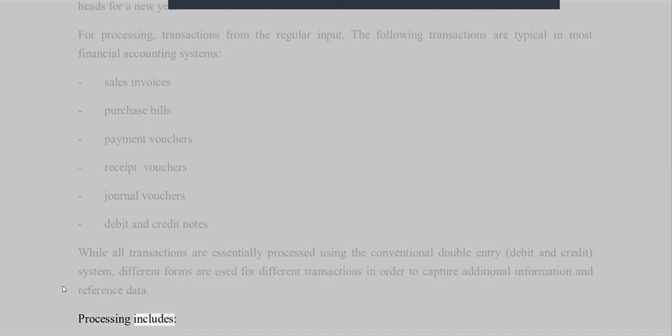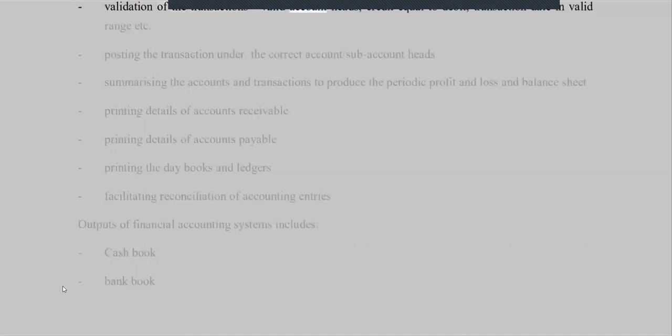Processing includes validation of the transactions: valid account heads, credit equal to debit, transaction date in valid range, etc. Posting the transaction under the correct account and sub-account heads. Summarizing the accounts and transactions to produce the periodic profit and loss statement and balance sheet. Printing details of accounts receivable, printing details of accounts payable, printing the day books and ledgers, facilitating reconciliation of accounting entries. Outputs of financial accounting systems include cash book, bank book,